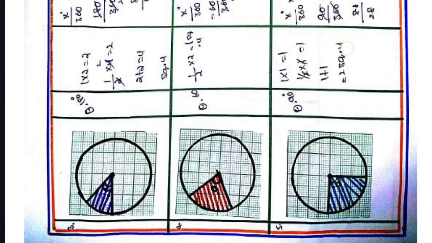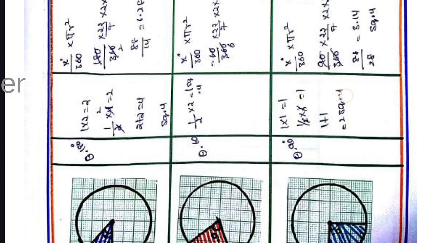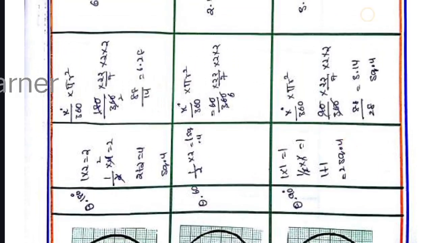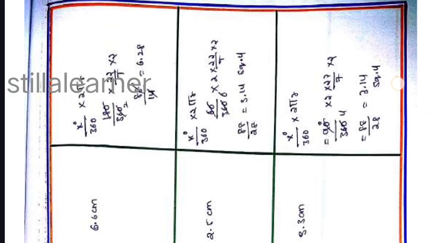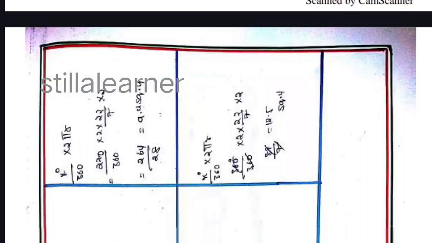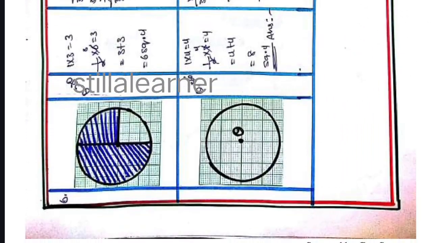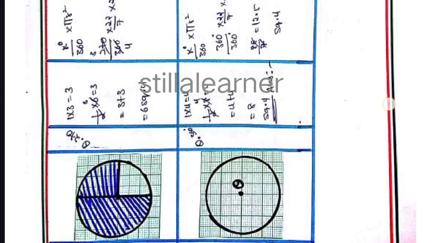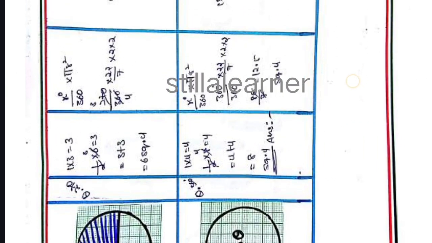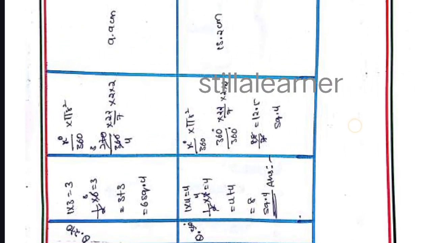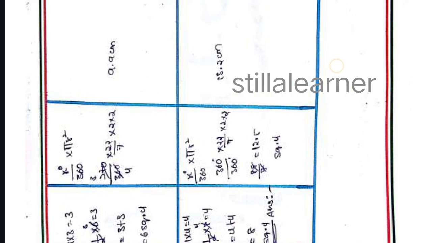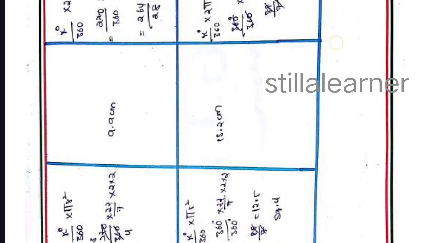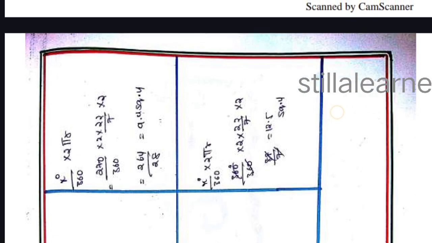I'm slowly swiping this. Please note down very carefully without making any mistakes. These are all the measurements you need to mention very carefully without a single mistake. Then sixth and seventh are here. Draw the circle within the graph by taking equal measurement of circle in every graph. These are all the measurements, calculated by using the formula.